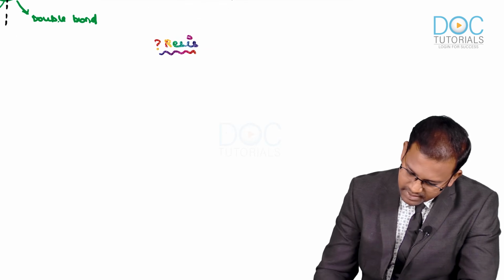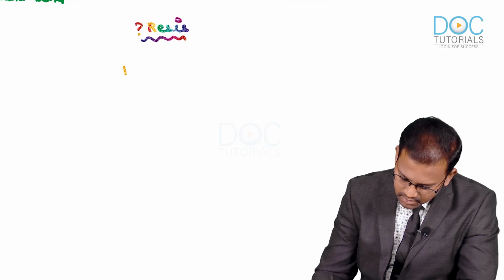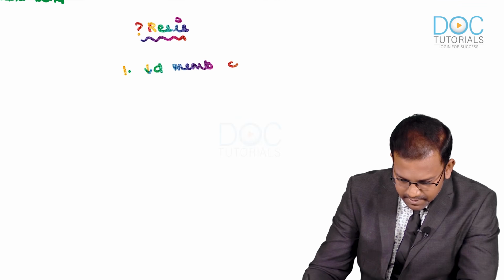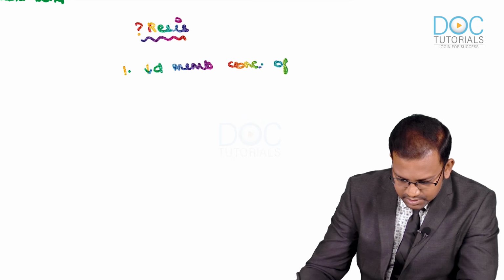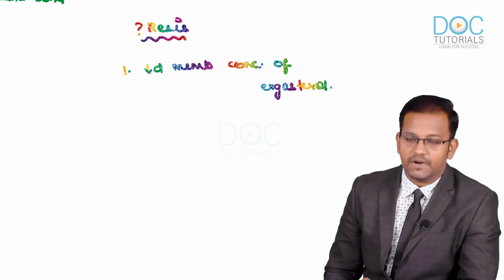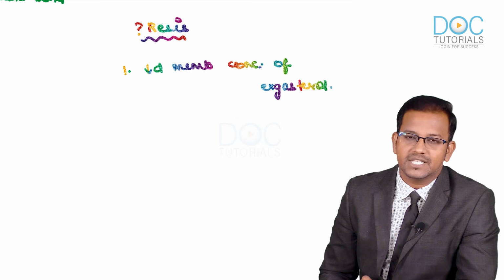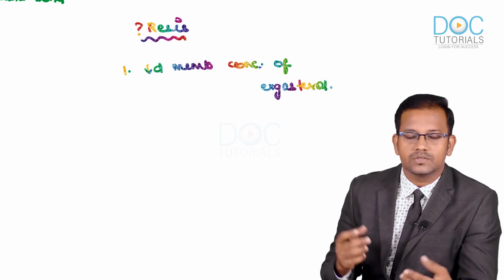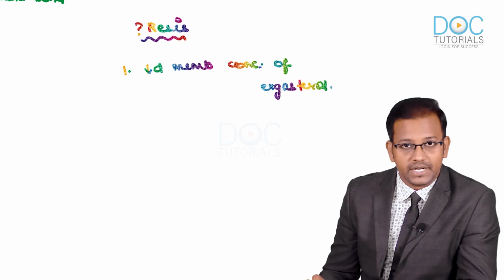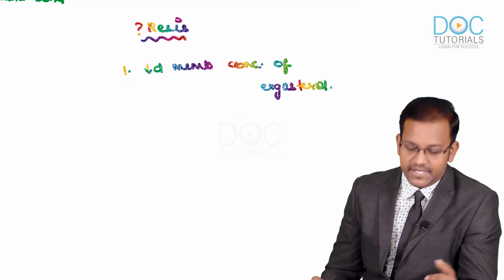Resistance is developed by two major mechanisms, guys. One is decreased membrane concentration of ergosterol. The first mechanism of how the fungus gains resistance is that it decreases the membrane concentration of ergosterol. So there is no place for amphotericin B to bind to cause the leakage of intracellular ions, or also to cause oxidative damage.